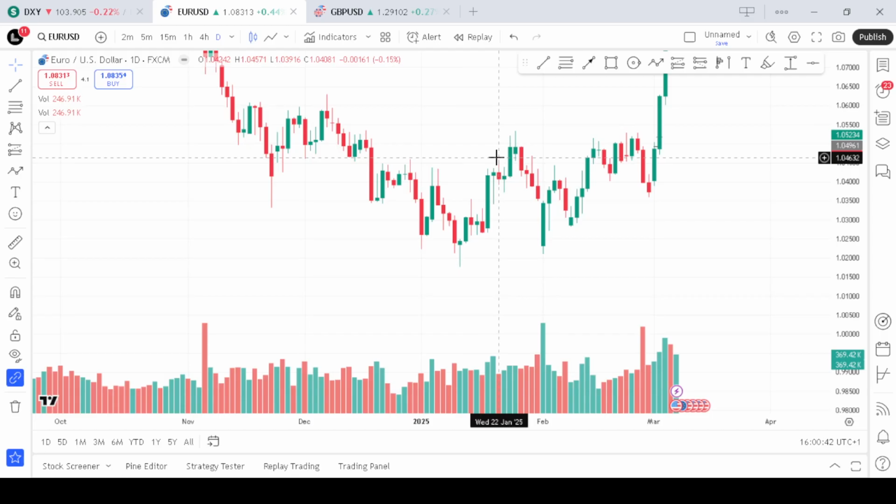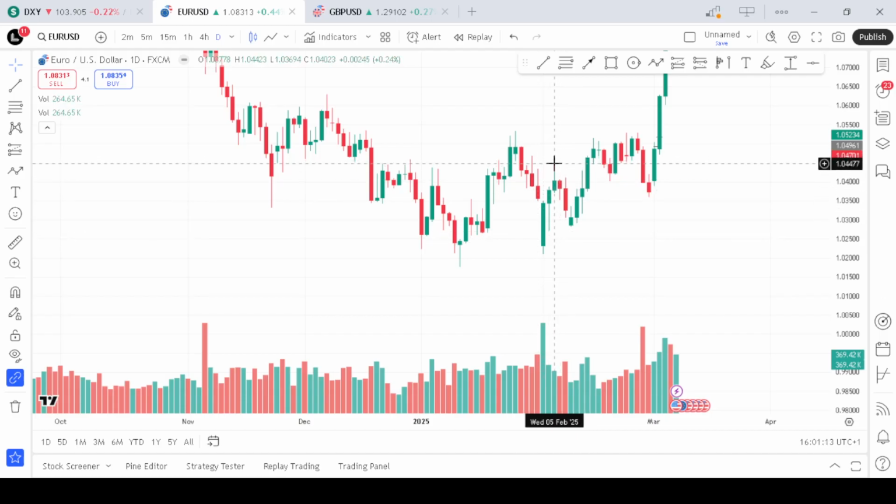This creates a widened range as buyers and sellers are struggling to gain control. Because of these lower lows and higher highs, it shows that sellers and buyers are struggling to take control. The next phase in this pattern transitions into a contracting phase. In this phase, price starts to narrow down, forming higher lows and